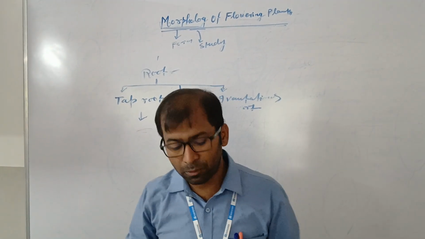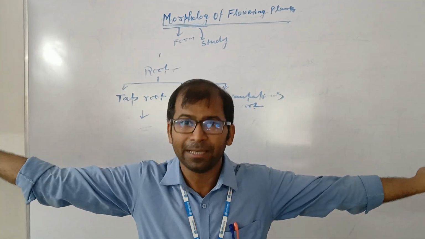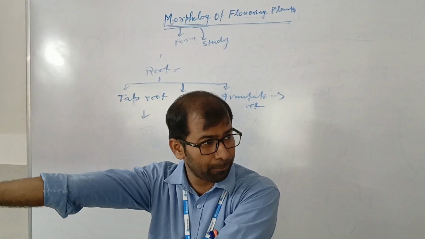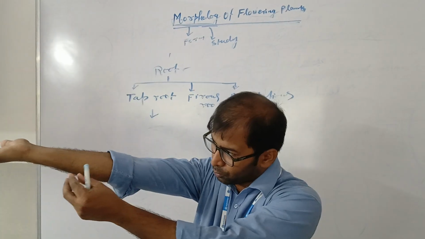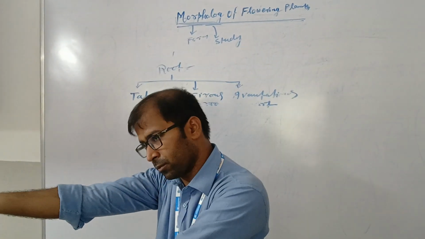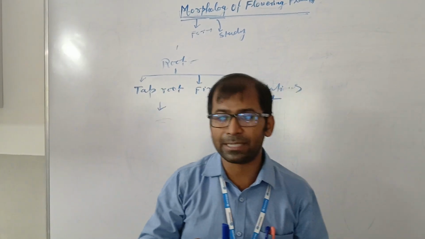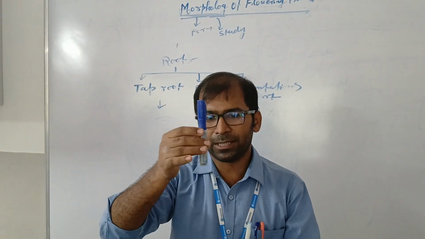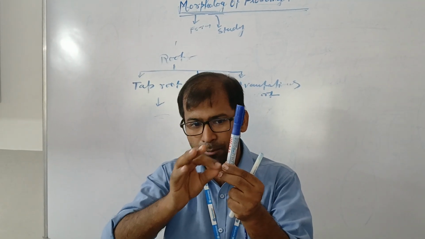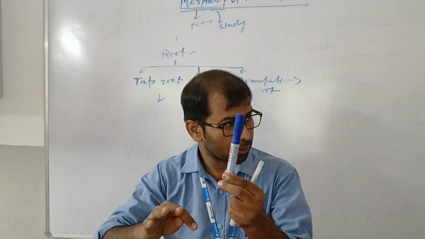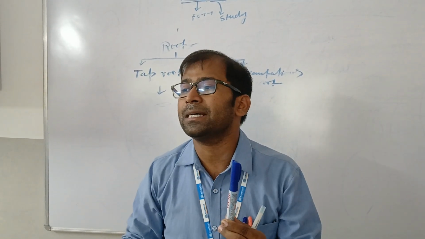Okay, and you also know that in the banyan tree the branches are very long. For supporting the branch, prop roots arise from the branch and come to the ground. That is the prop root. And stilt root, you observe stilt root, another type of root. This is in maize plants. From the lower nodes some roots arise and come to the ground. This is known as the stilt root.